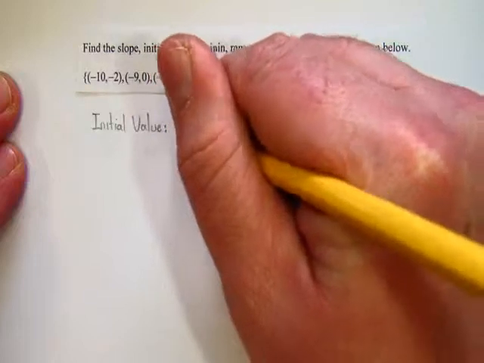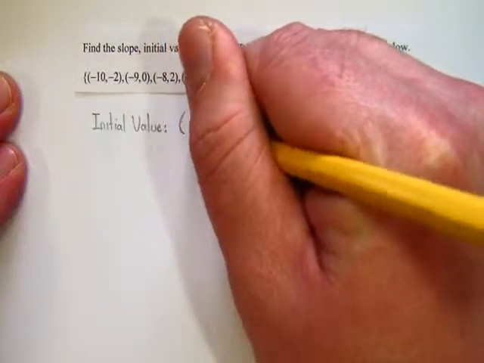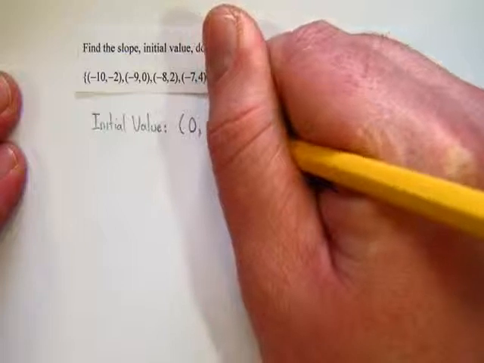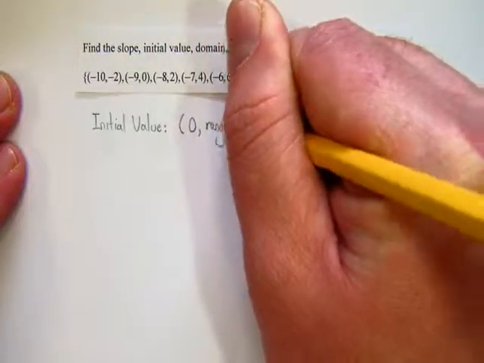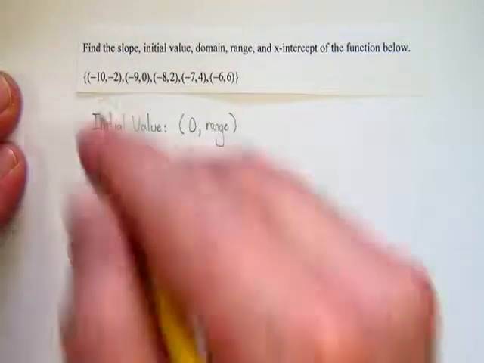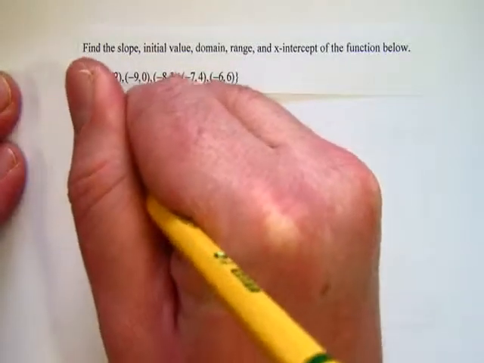So in ordered pair form, it'll look something like this. You'll have 0 for the domain, and then some number for your range, and that number, whatever is right there, is going to be your initial value. For the x-intercept,